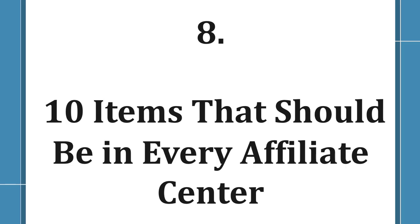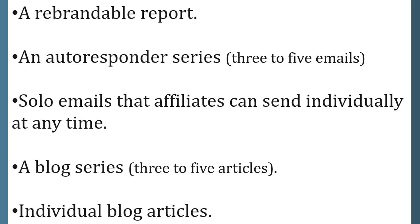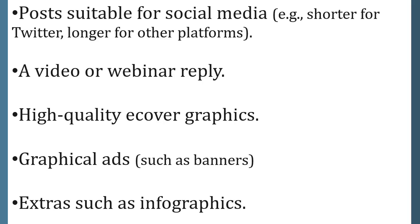Number 8. 10 items that should be in every affiliate center. As you learned in the last section, affiliates love having copy and paste marketing materials available to them. With that in mind, here are the materials you'll want to include in your affiliate center. A rebrandable report, an autoresponder series (3 to 5 emails), solo emails that affiliates can send individually at any time, a blog series (3 to 5 articles), individual blog articles, posts suitable for social media, for example, shorter for Twitter, longer for other platforms, a video or webinar replay, high quality e-cover graphics, graphical ads such as banners, extras such